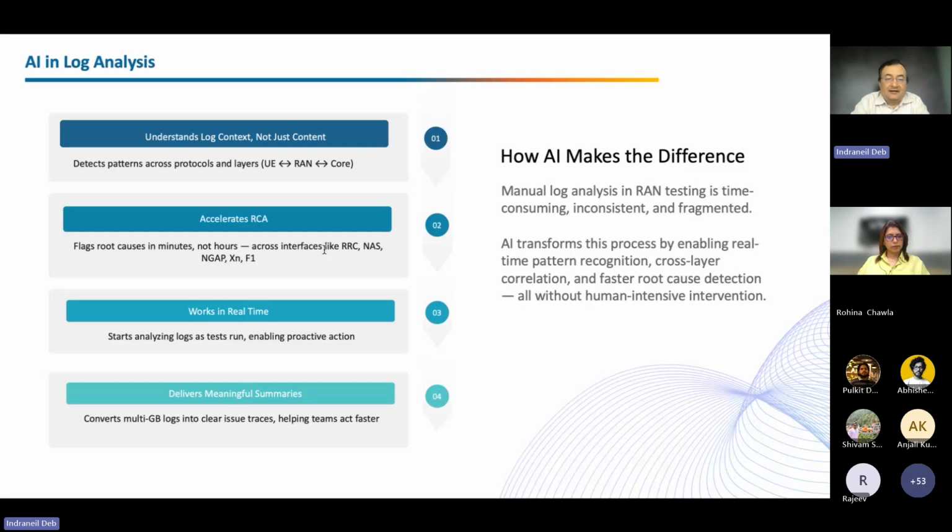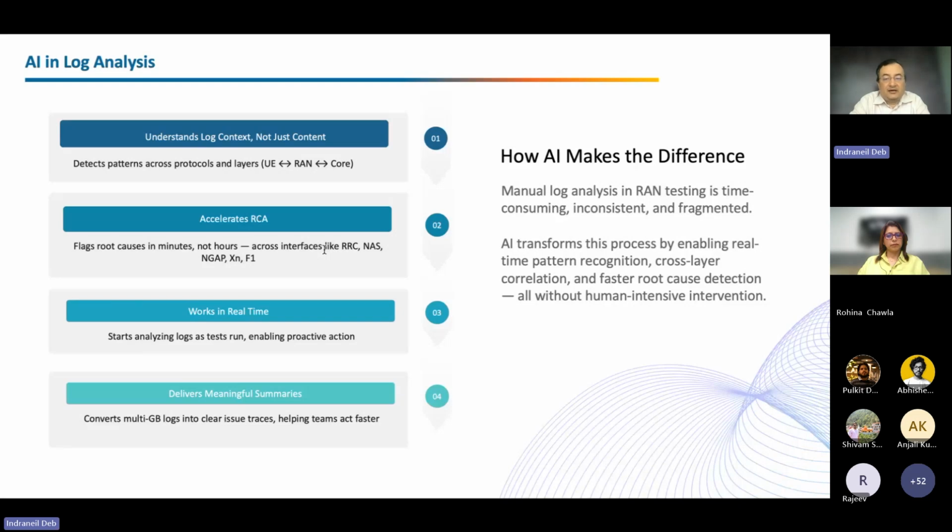So the AI-assisted approach is contextual, as it enables the system to recognize patterns across different logs. It is holistic, as it correlates logs across different domains. The approach is real time because the logs are analyzed as they come up, and therefore they enable an immediate verdict, negating the need for post facto log analysis, as I just mentioned. And finally, the system provides the end user with a summarized and easy-to-understand version of the logs that essentially allows easy redressal